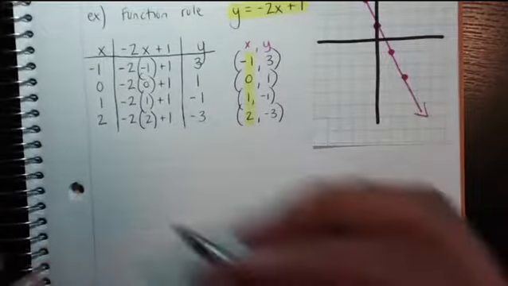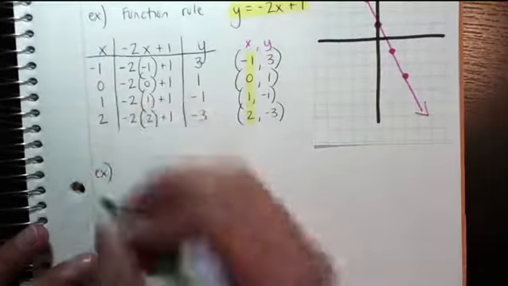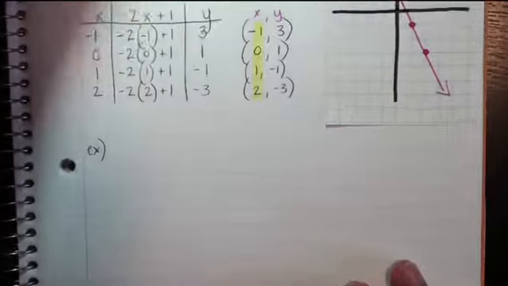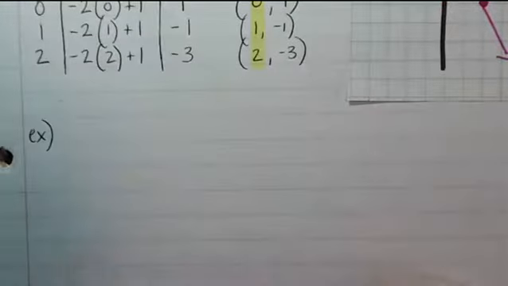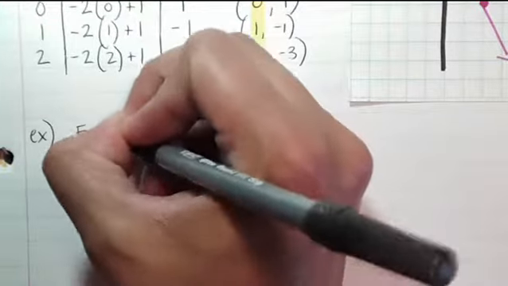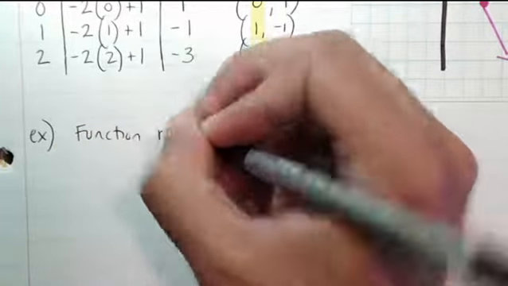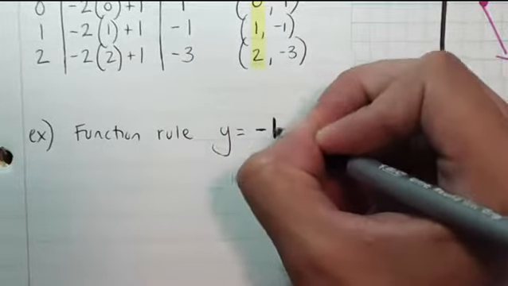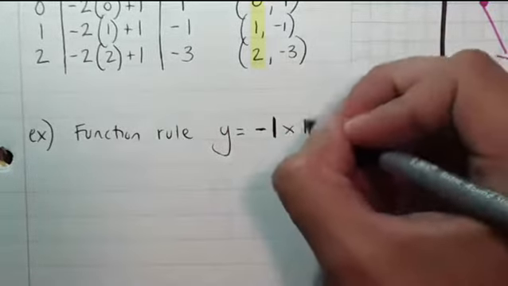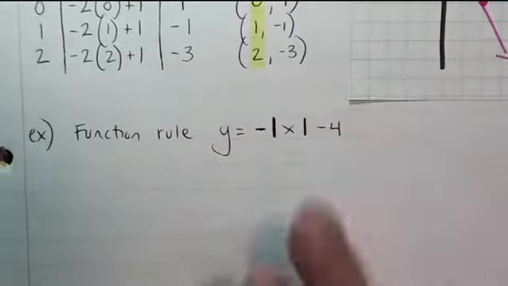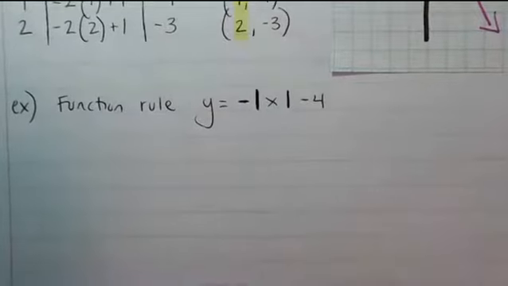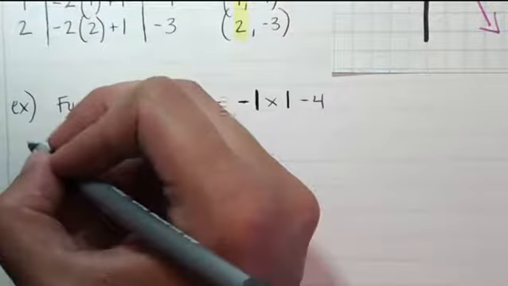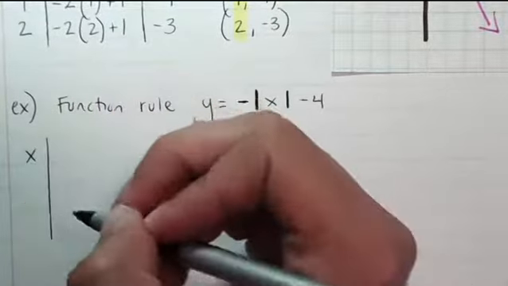Okay, let's try another function rule. So I want you to do the same thing. This function rule is this: y is equal to negative the absolute value of x minus 4. So we're not going to use our calculator because you don't know how to enter an absolute value, but you can in your calculator. So put your calculators down,